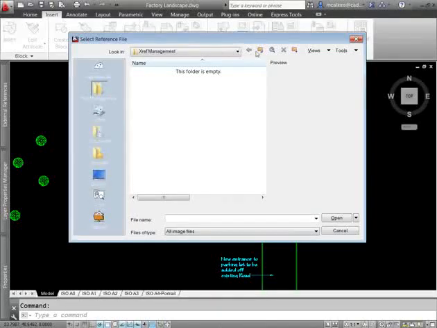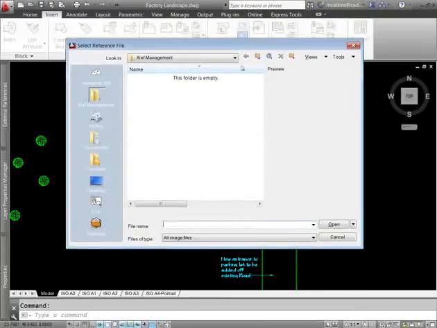I can't remember exactly what version this happened in. I think it might have been 11 or 12. And this stumped me for a few seconds until I realized what was going on here. Basically, if you use the Attach tool, it now takes you, and you would use the same Attach tool to attach anything from a DWG to a JPEG to a PDF. Pretty much anything that can be attached as an external reference is now controlled through that Attach tool. So we have to come down to the bottom